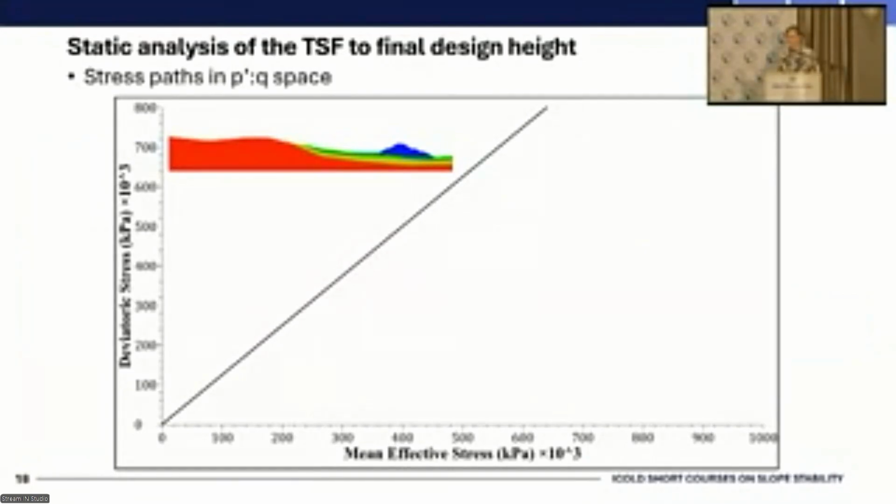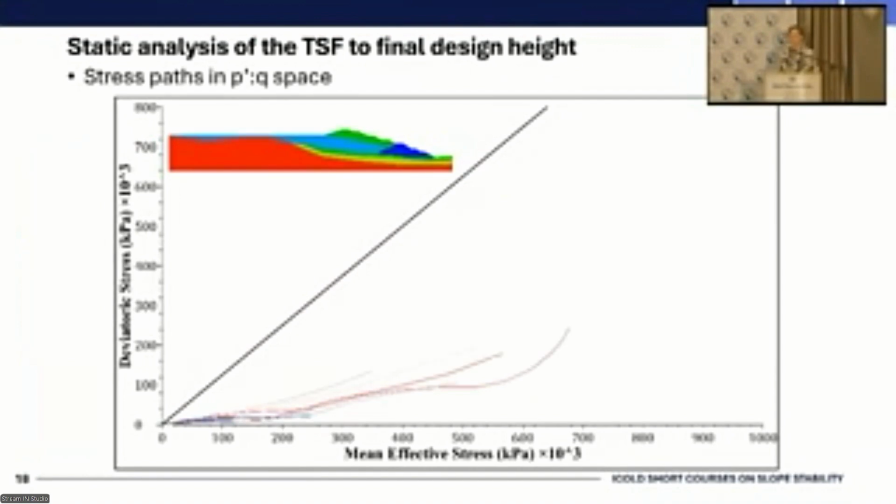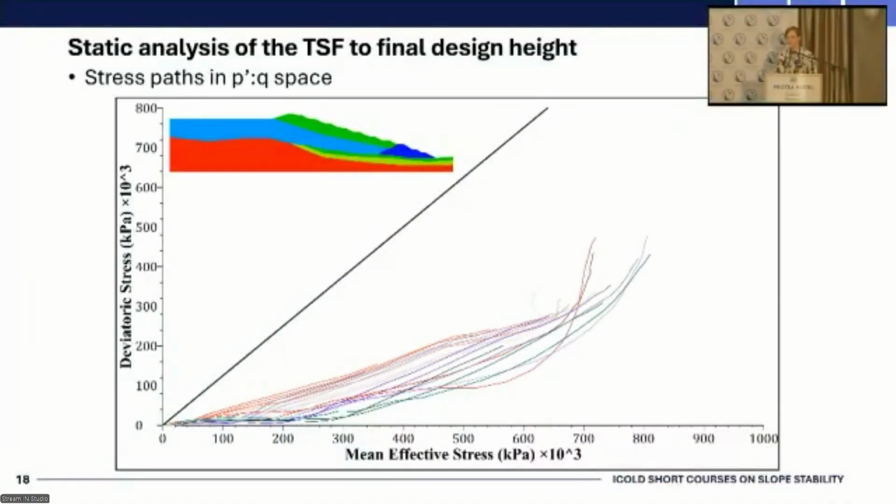So this is a plot of the stress paths of those specific queried points throughout the stage construction of the facility, and we're looking at PQ space, so mean effective stress versus shear stress on the y-axis, with that black line being the critical state line, and you'll see the stress development of those queried points as the tailings dam is developed. They're moving up and to the right,